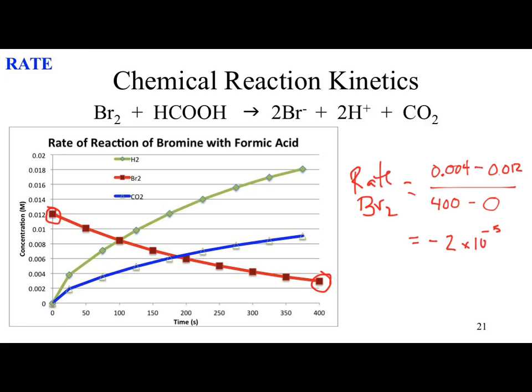What if I wanted to change and look at a different rate? What if I looked at this point between those two? Would I expect the same rate? No, it's different. How can we tell that? Well, when we go through and do this calculation, graphically what we're saying is we are only looking at,